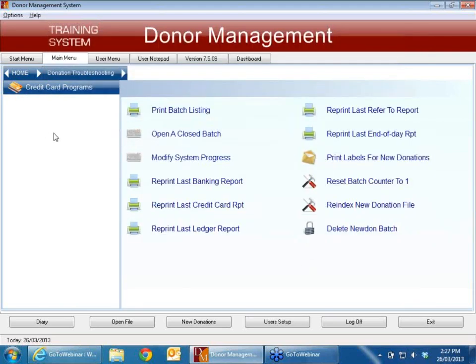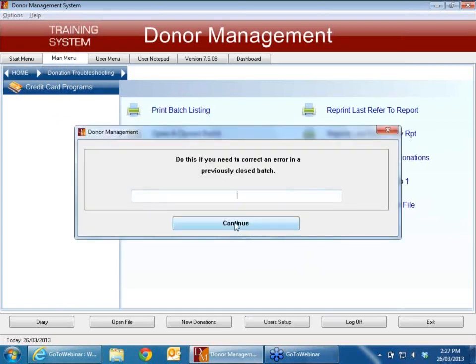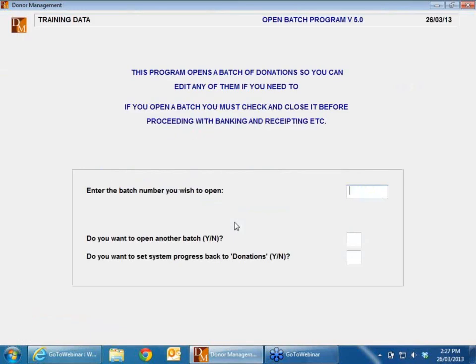So if by chance I got to the point and said, oh, say I'm at the ledger stage or anything like that, and said I still need to now go and open that batch, under donation troubleshooting, I can go into open a closed batch. In this case, batch 104. I don't want to open another batch, and I do by default want to set the system progress back to